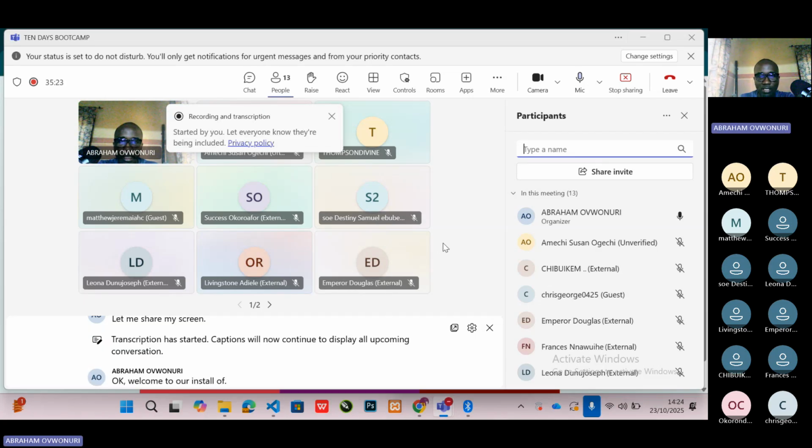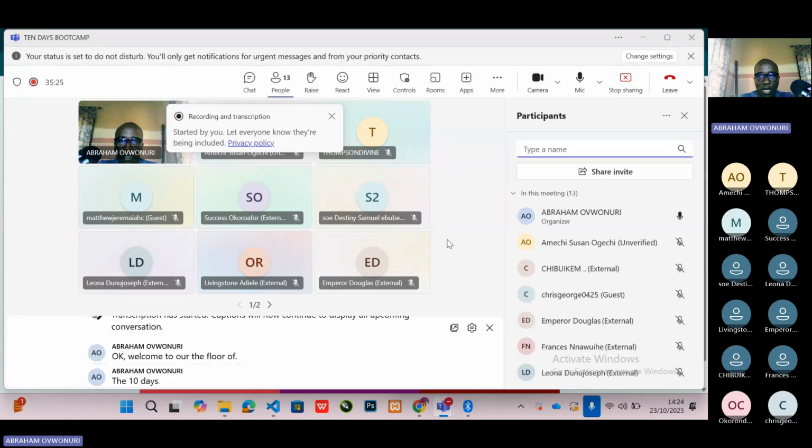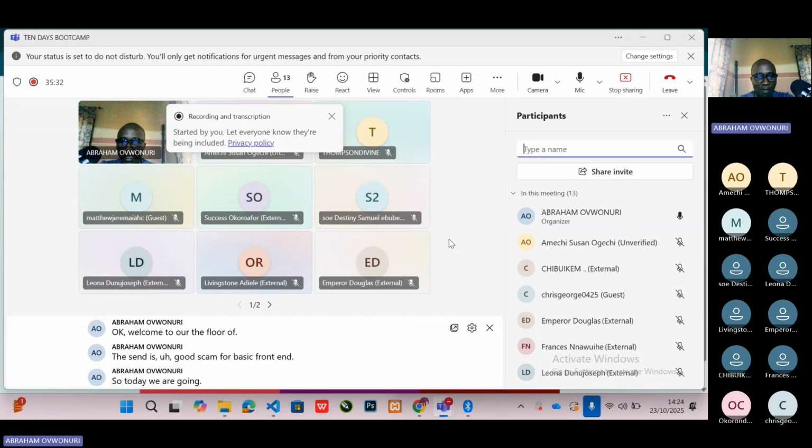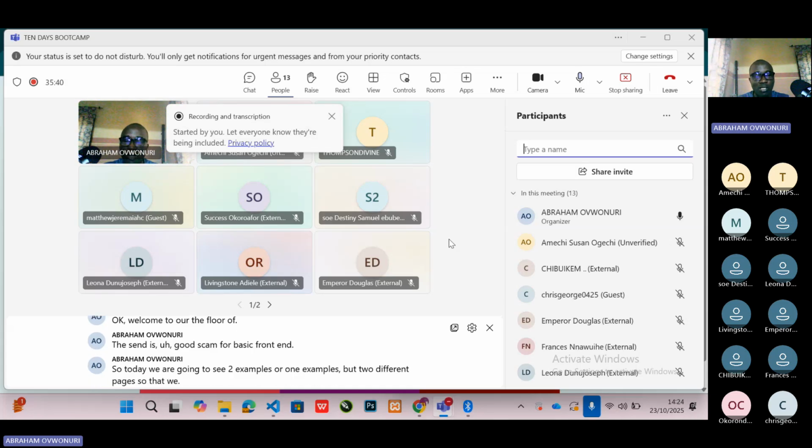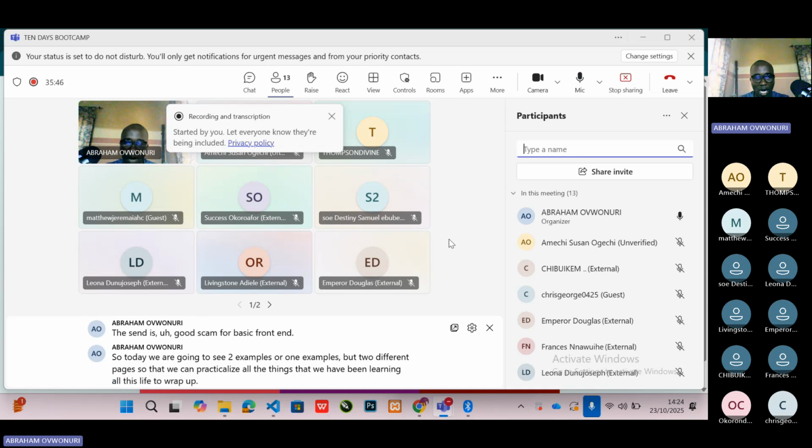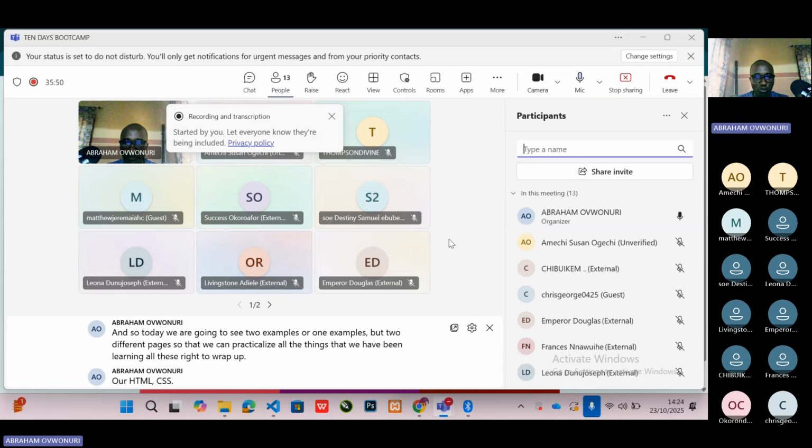Welcome to day 4 of the 10 days boot camp for basic front end. Today we are going to see one example, but two different pages, so that we can practicalize all the things that we have been learning all this while to wrap up our HTML and CSS, so that in our next class we move into